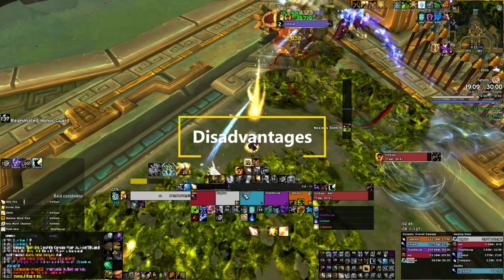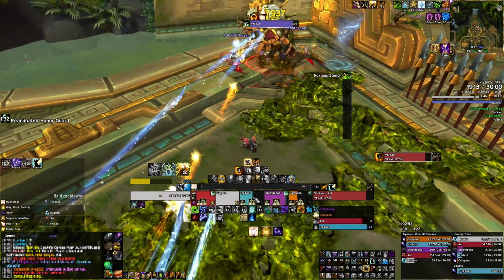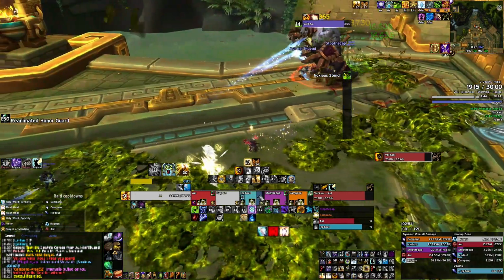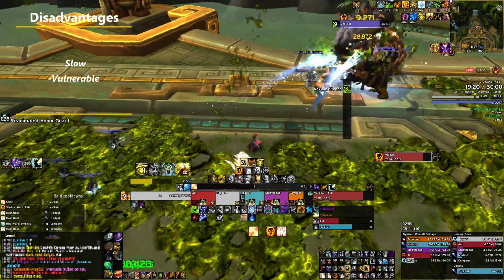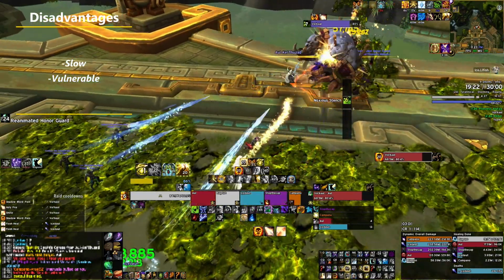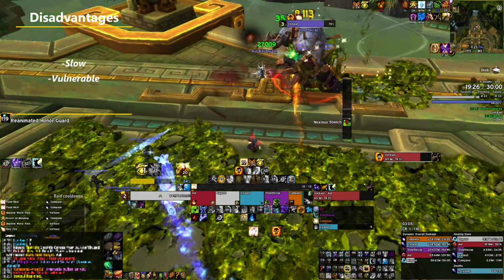Disadvantages. It's important to understand a class's and spec's weaknesses, so you are prepared in advance for potential pain points to overcome. Priest is fairly slow, mostly in that it lacks displacement effects. Our only speed boost in our standard Mythic Plus build is Angelic Feather, giving us a short movement speed increase